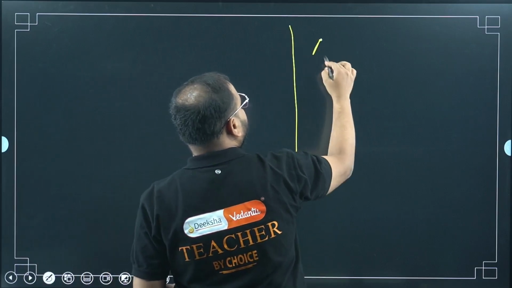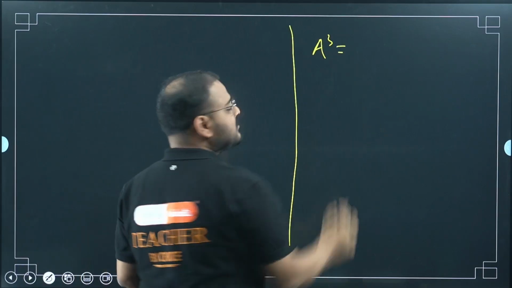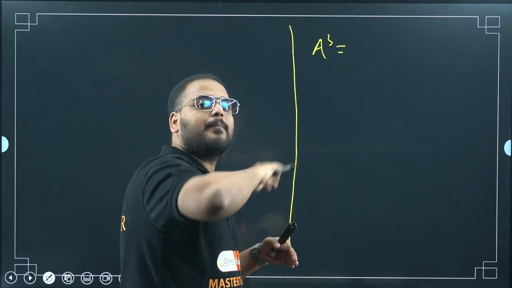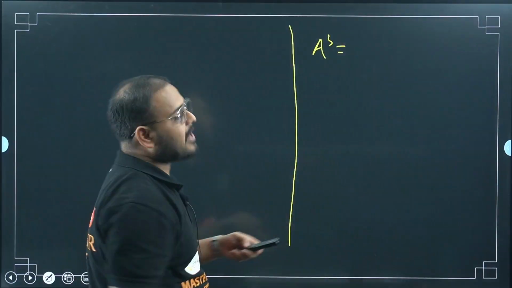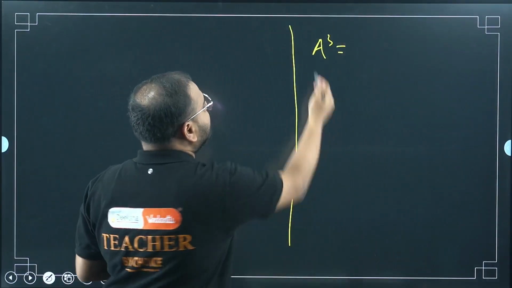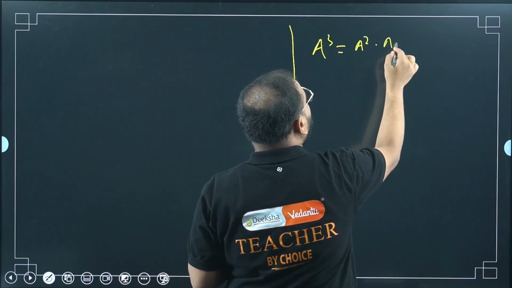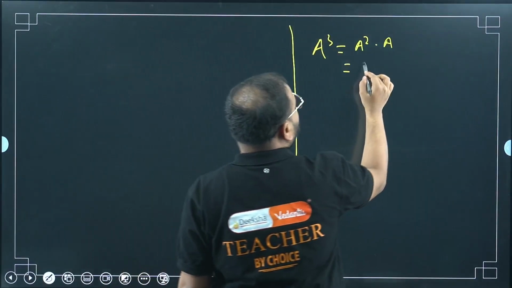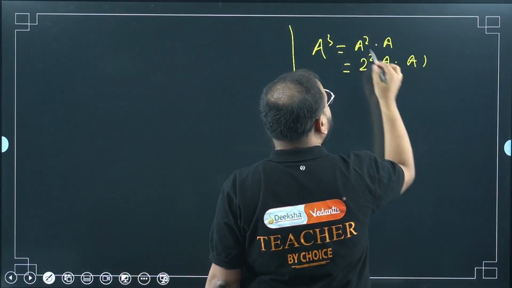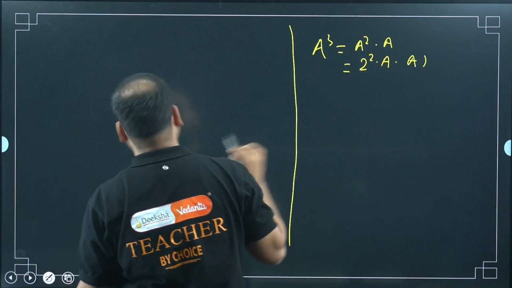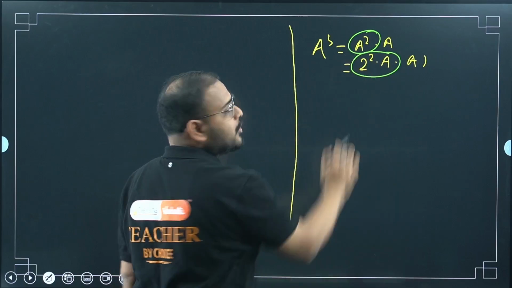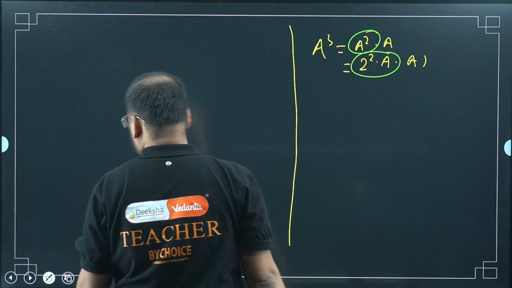So if I move on and write it here, for A cube, what did I say for the question? I'll try to find it for positive powers of A so that I can get a general form, and then I'll compare it with the given form. So I'm trying to reach a general result. Okay, so A cube will be what? A square times A. What is my A square? A square is 2 square A, right? So 2 square A times A. I hope you're getting this. A square is replaced by 2 square A. No confusion. I want no confusion from your side.